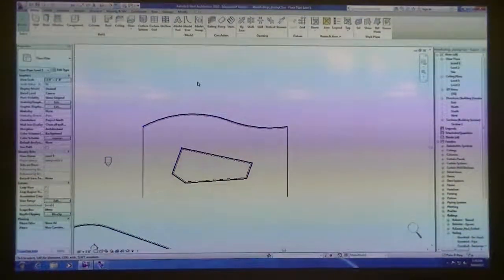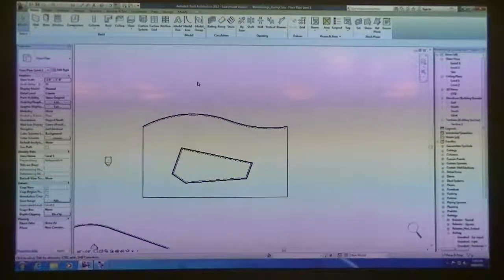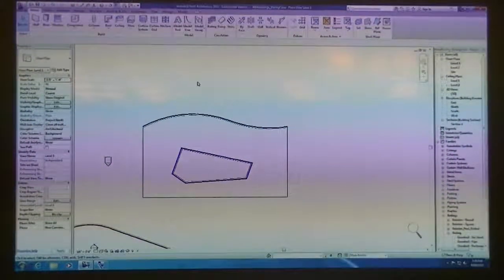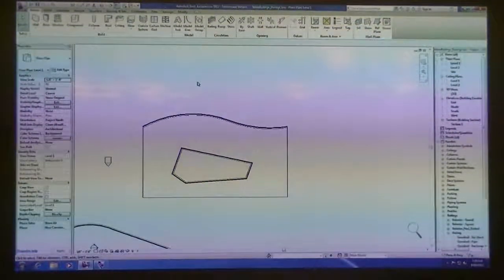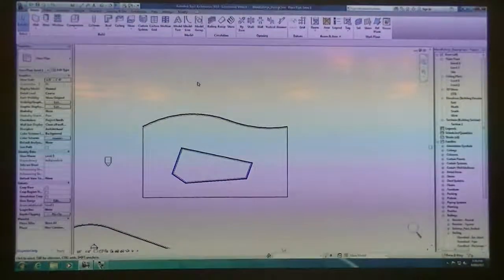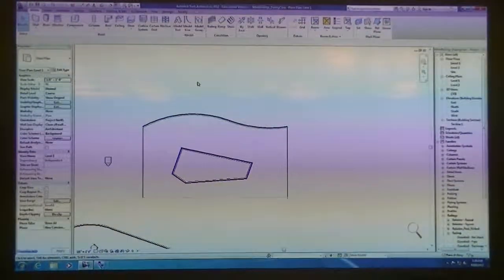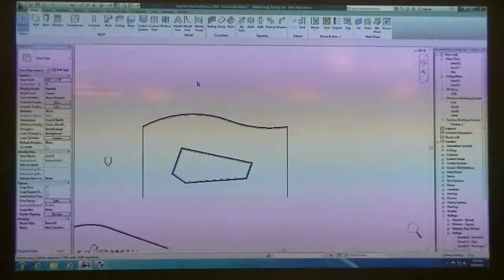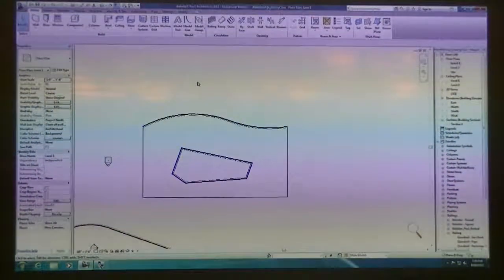So now you can edit the boundary. And if you actually redraw this line with one of these tools, so now that you know that this is the shape it's going to be, let's go ahead and get it close. Or you could actually